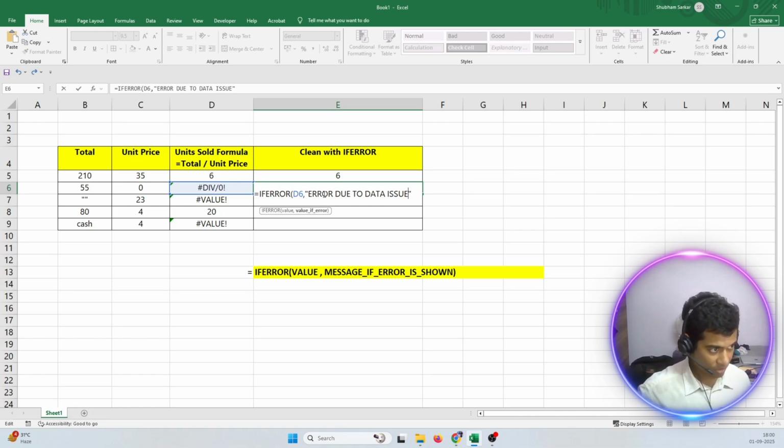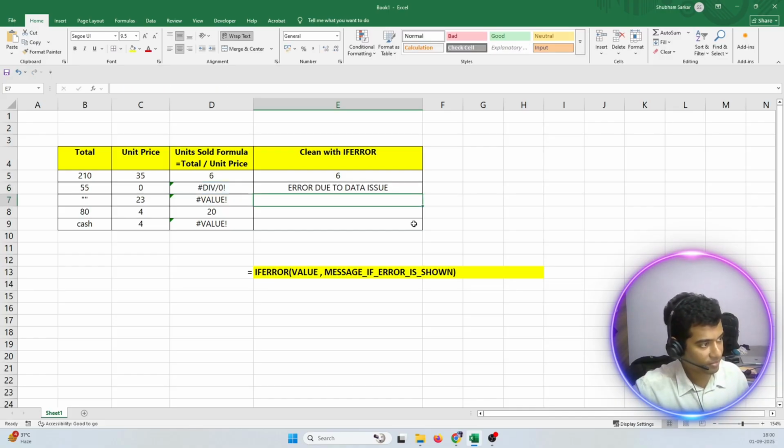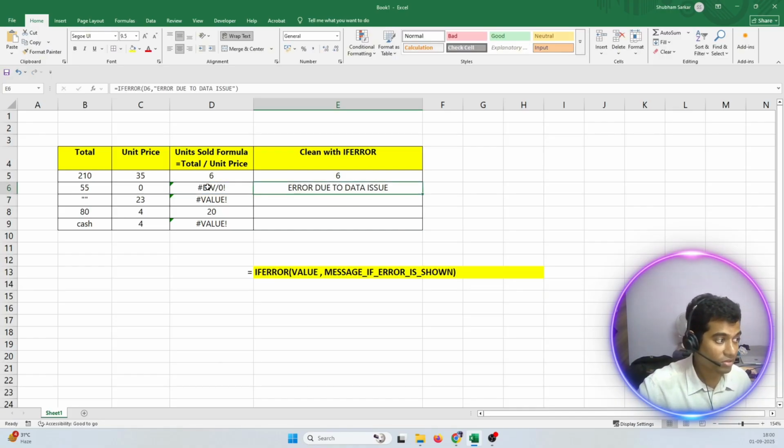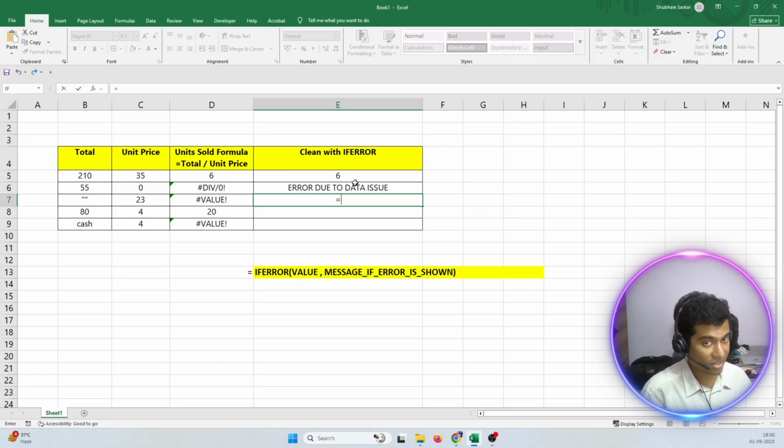Okay, close the bracket, done. Why does it show? Because we are getting an error, and whenever there is an error, this message will be shown.